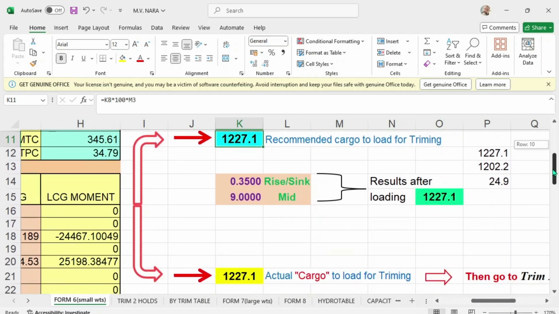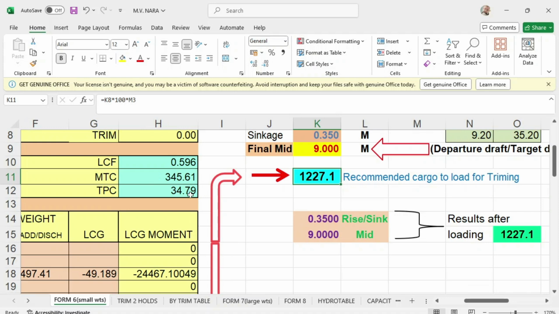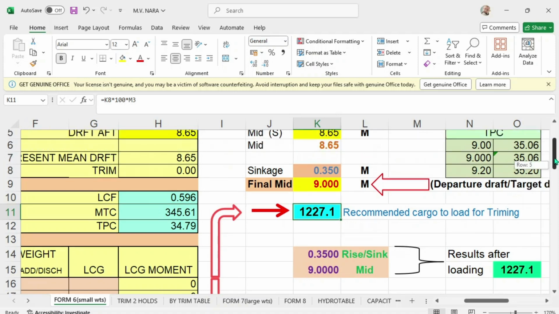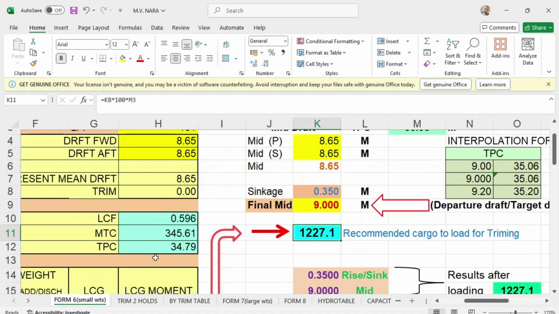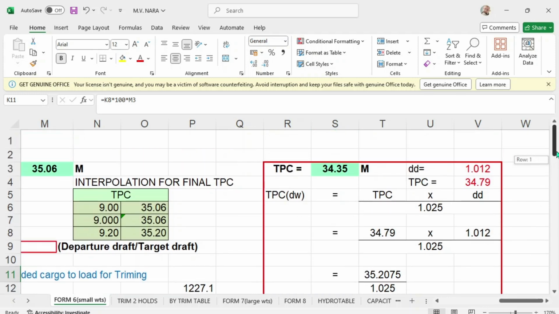TPC of 8.65 is 34.79, which is this one, guys. So with this salt water TPC times your local density of 1.012 over 1.025, then your TPC of dock water is 34.35. Okay. Now, so this is what we're going to use.